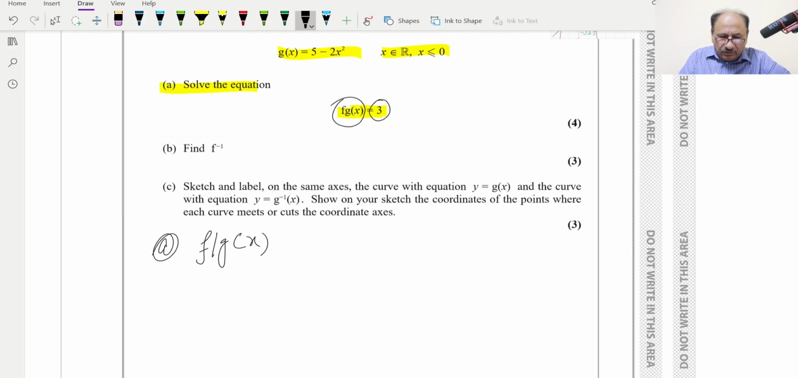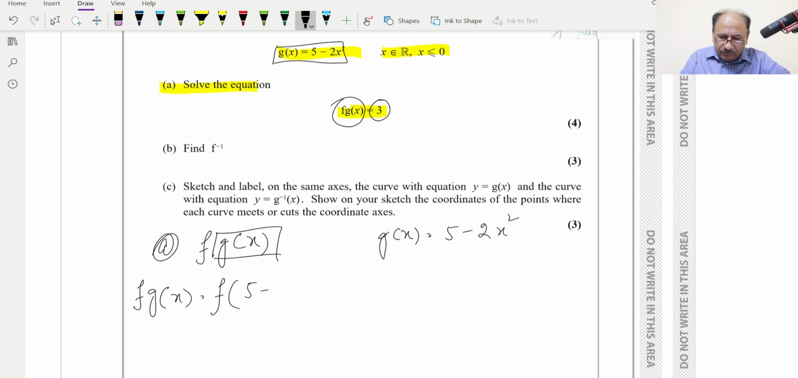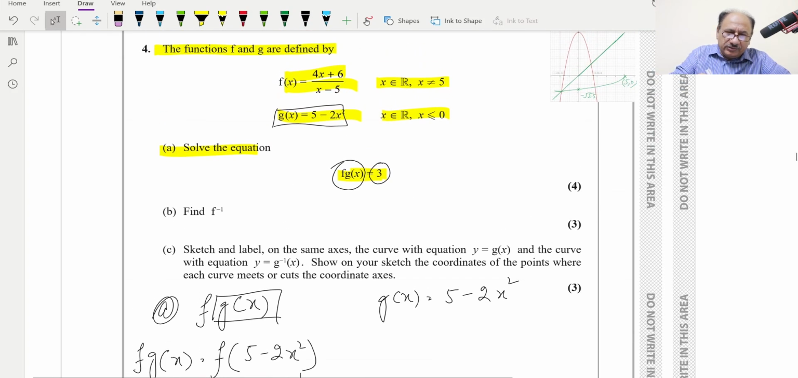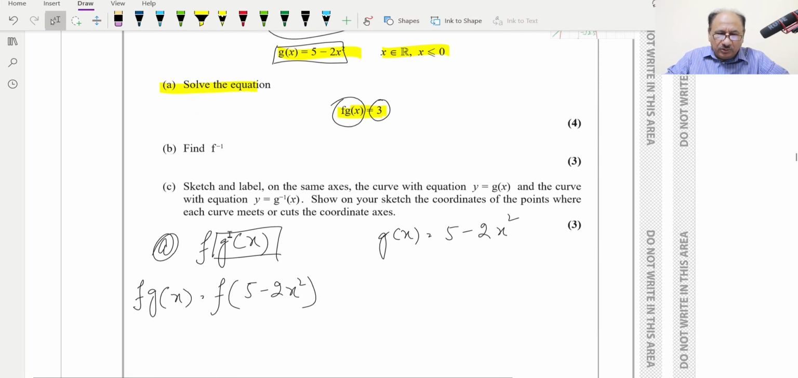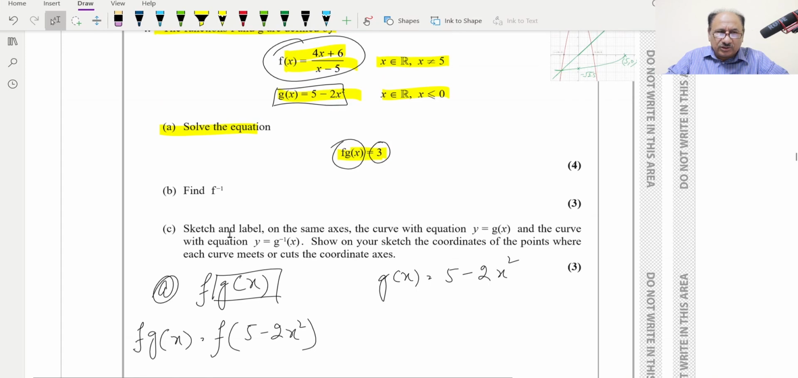So where g of x is over here, we can write g of x is equal to 5 minus 2x squared, and this value we can replace over here. So we can write f of g of x, which will be replaced by 5 minus 2x squared, and f of x is also provided, which is this one. So in f of x we will replace x with 5 minus 2x squared, and